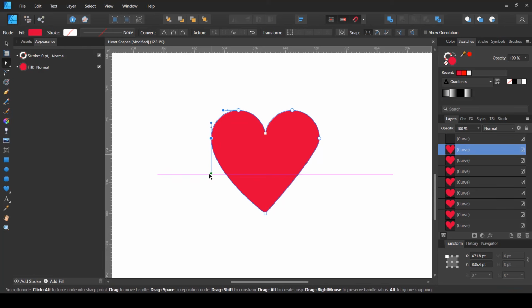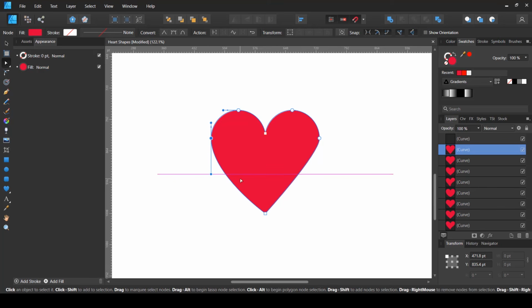So I'm going to drag this down, and if it does not snap, as you can see that it's currently not snapping with this one, we are going past and we do not get that snap. So in order to get that snapping turned on, all you have to do is select these options. So make sure that all of these 4 options are selected, these buttons next to snap. And now if you bring it down, you will be able to see that now it snaps to that horizontal